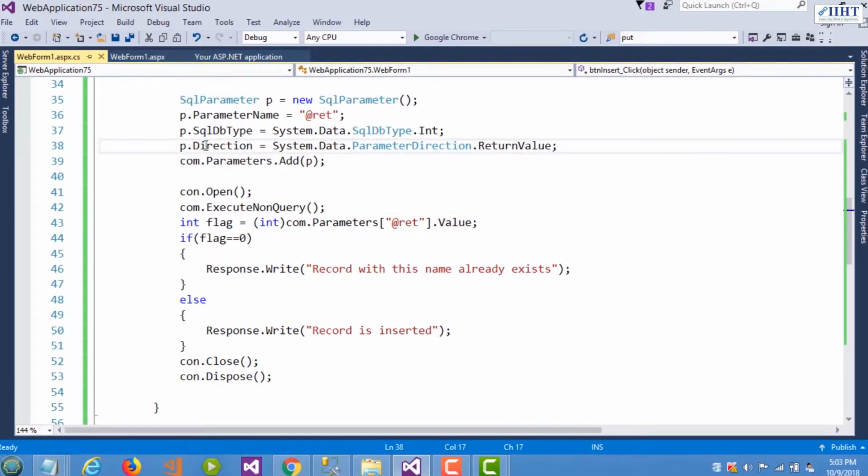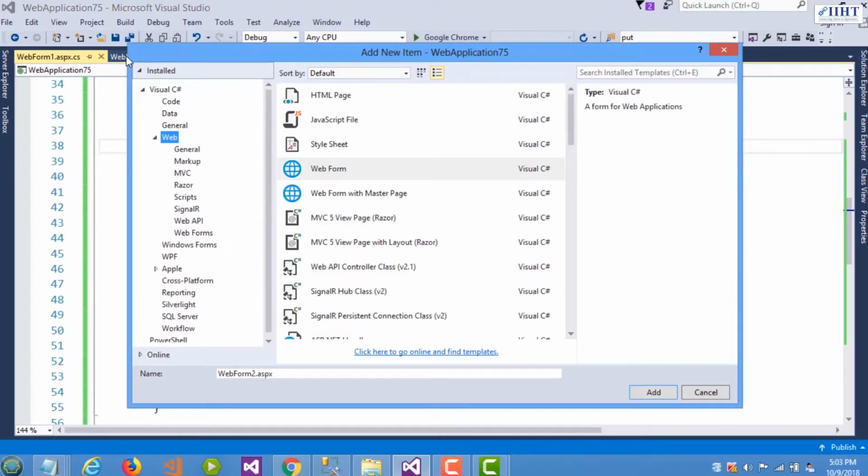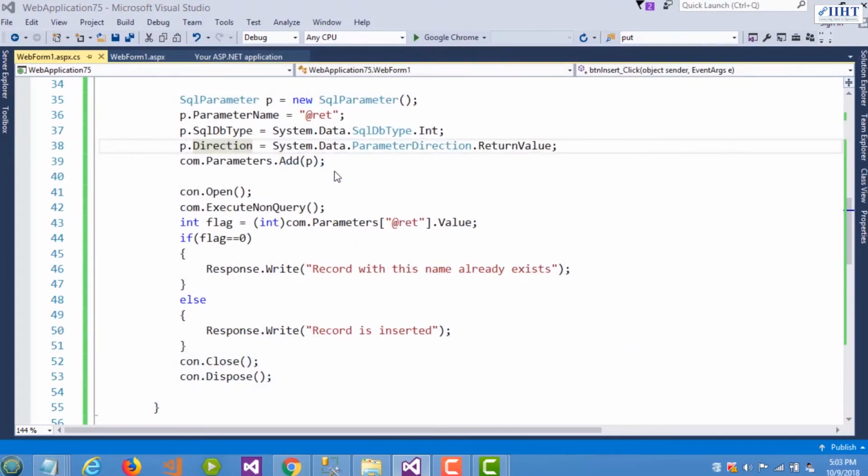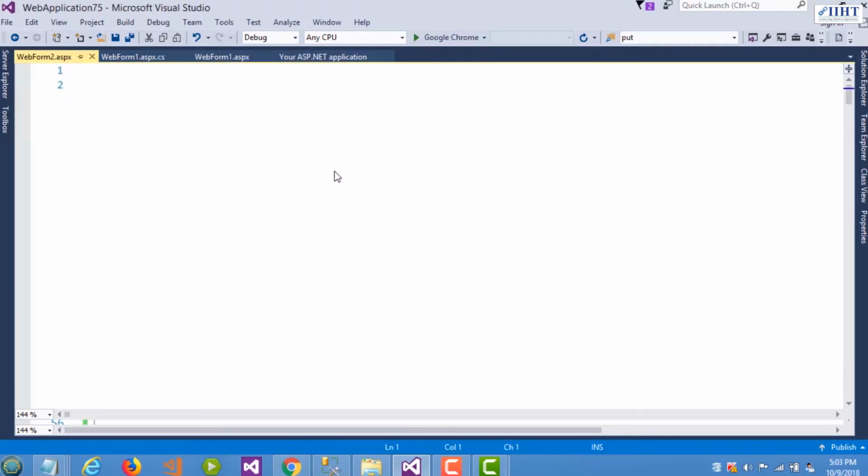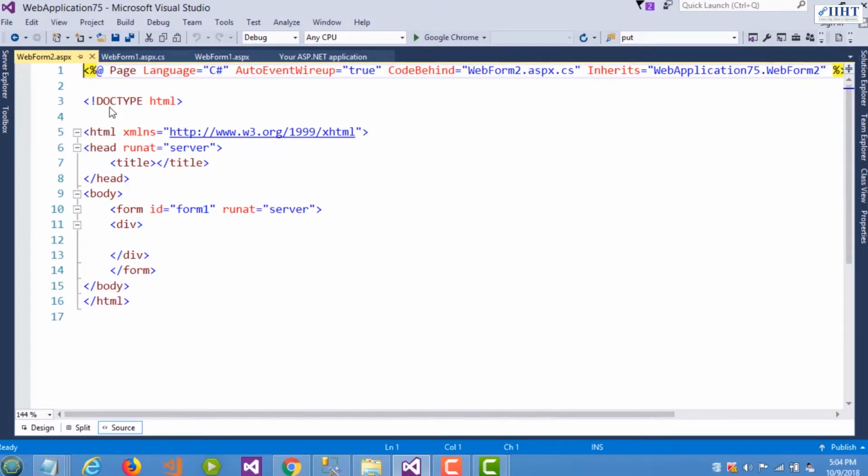changes do we have to make here now? So I will add one more web form here. Okay, so this form is added here now. So I will write, enter ID whose record